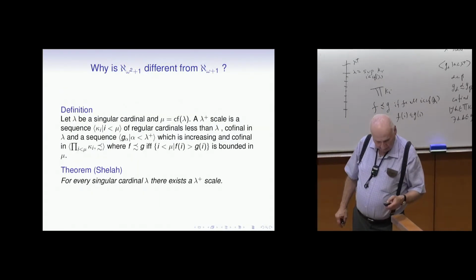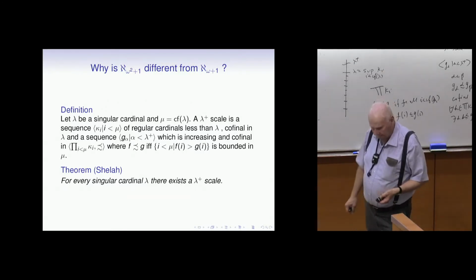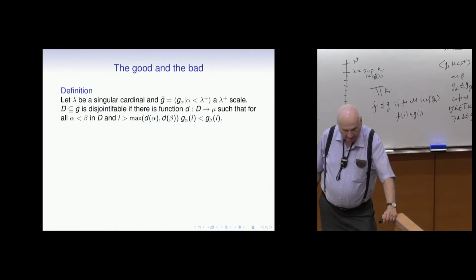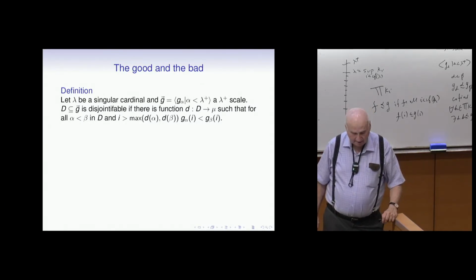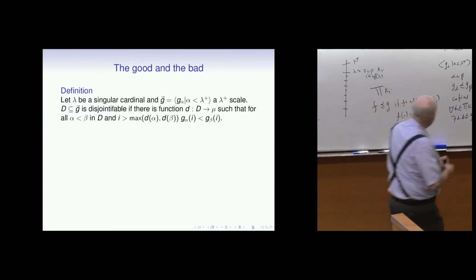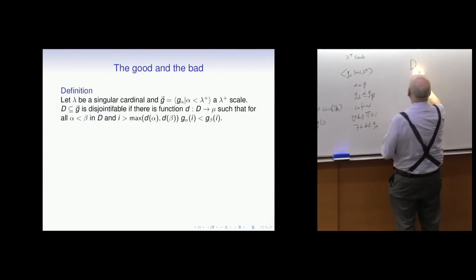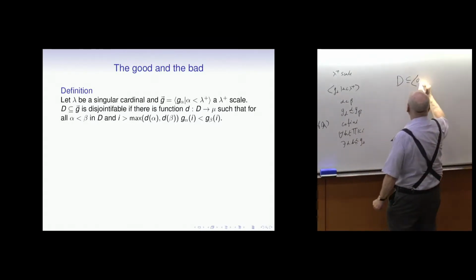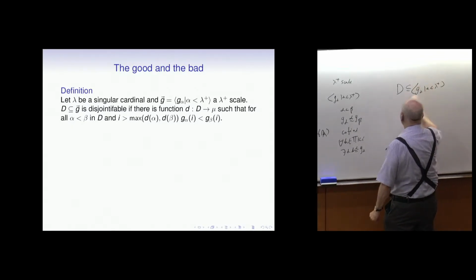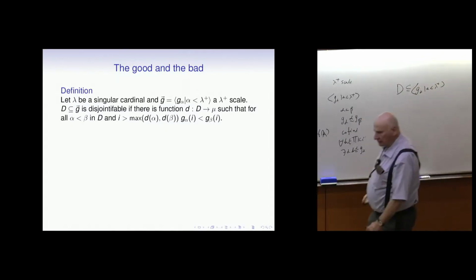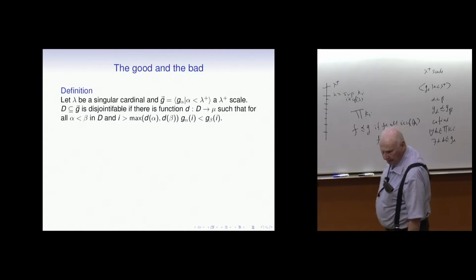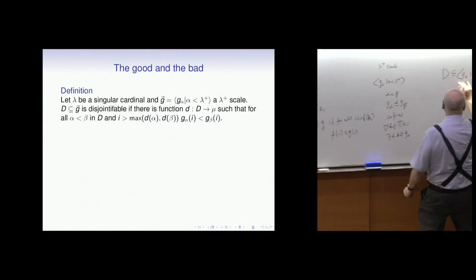So now we have to say something which plays a role in the combinatorics of the singular cardinal, the good points and bad points. So suppose that lambda is singular, and you have a scale, a lambda plus scale. Now you have a subset D of the g alpha for alpha less than lambda plus. Typically it will be a bounded subset. You say that D is disjointifiable if, D being made up of some of the functions here,